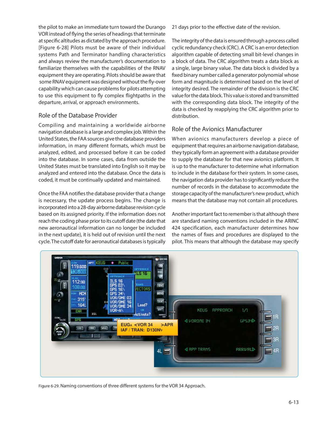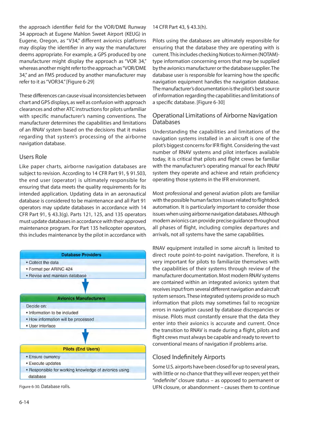Another important fact to remember is that although there are standard naming conventions included in the ARINC 424 specification, each manufacturer determines how the names of fixes and procedures are displayed to the pilot. This means that although the database may specify the approach identifier field for the VOR/DME runway 34 approach at Eugene Mahlon Sweet Airport, KEUG, in Eugene, Oregon, as V34, different avionics platforms may display the identifier in any way the